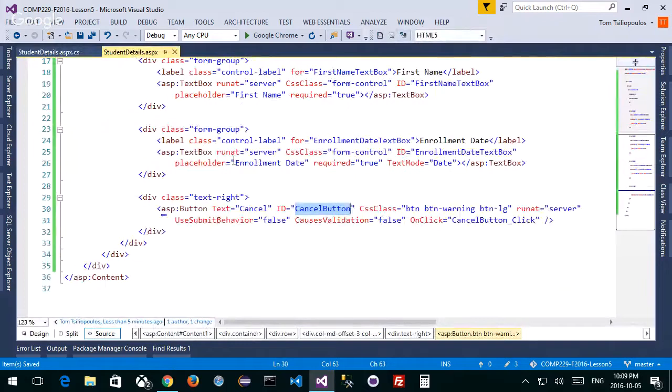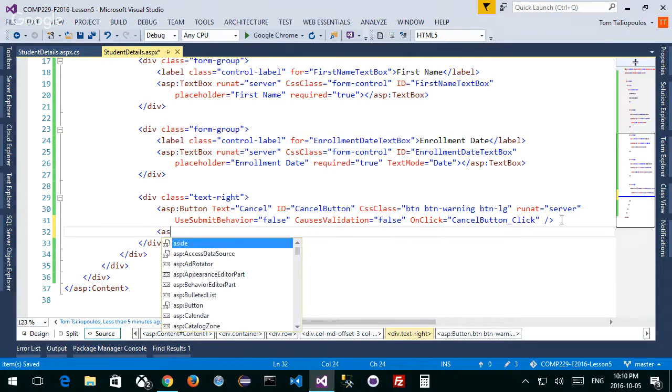Next, okay, we have our cancel button. And we also have to create our save button, some kind of save button. So when we update, depending on what we're doing, whether we're creating a new item, or we're editing an old one, we want a save button. All right? So that's the other button we're going to click, and it's going to be inside this text right justified area.